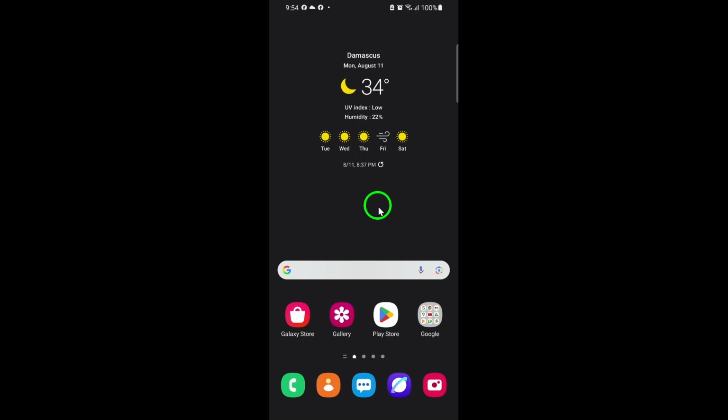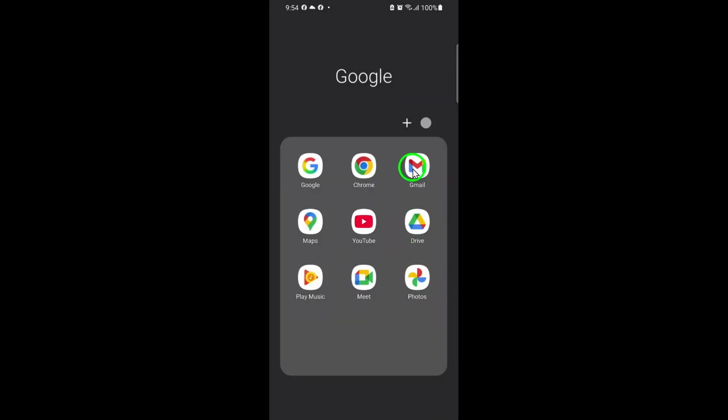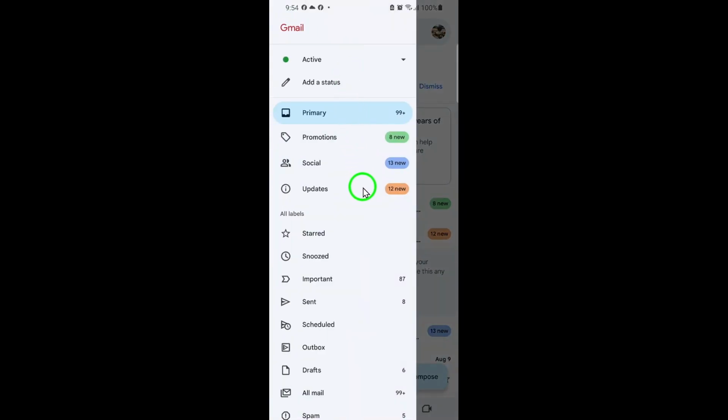Let's get started. First, grab your phone and make sure you've got the Gmail app installed and updated to the latest version. Once you're ready, open the Gmail app. At the very top left corner of your screen, you'll see the menu icon. It looks like 3 horizontal lines stacked on top of each other. Tap on this icon. Doing so slides open the main navigation menu, giving you access to all the different sections